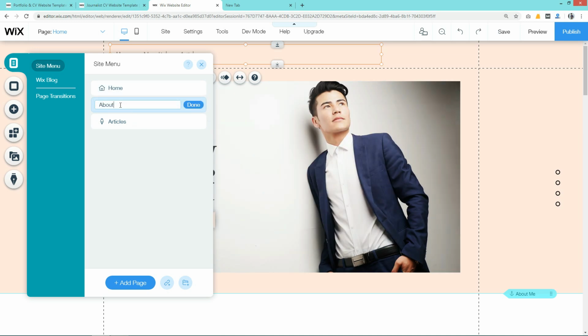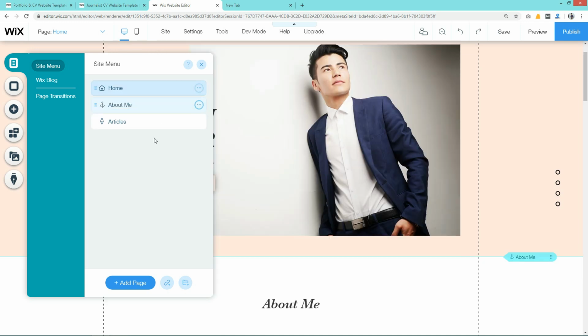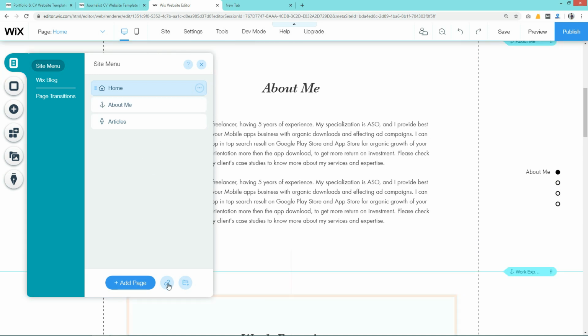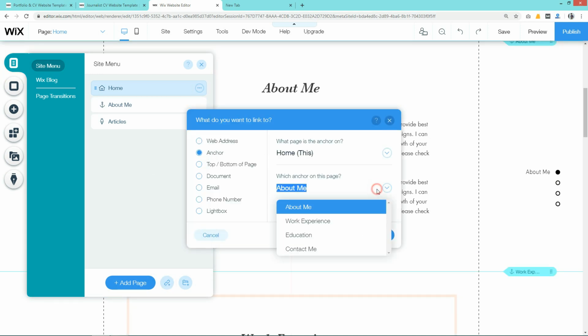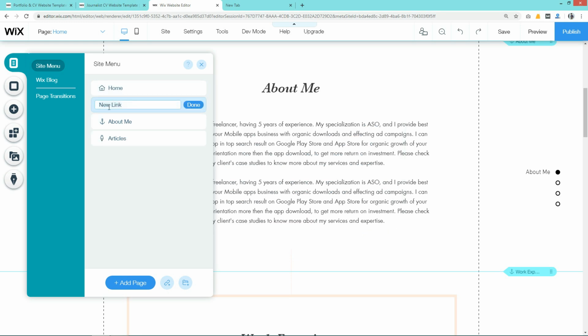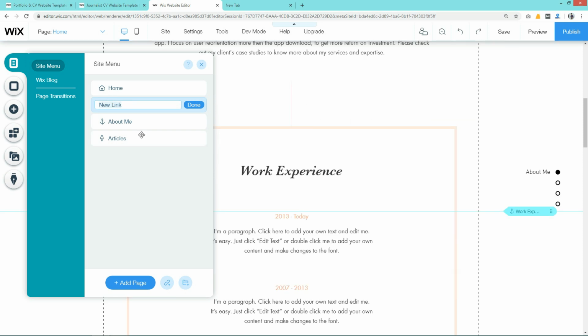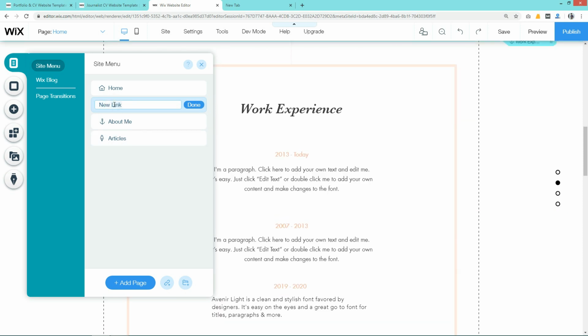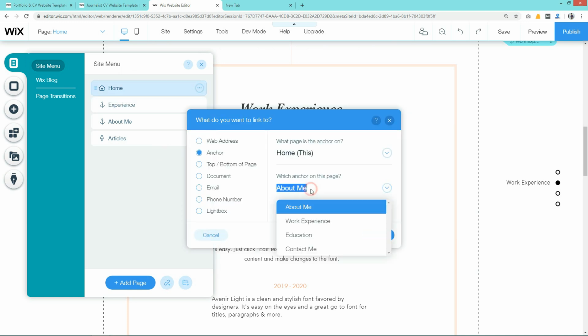So it is about me. Similarly, I will add other section also. This is work experience. Click on done, then replace the link text. Now I will add education.